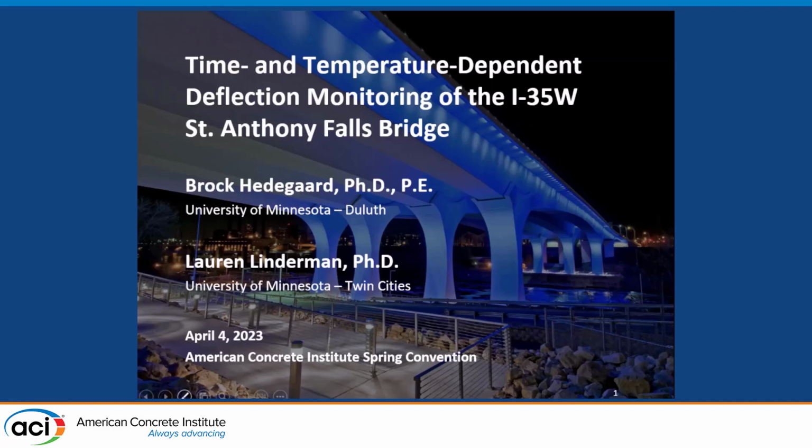I will be presenting on time and temperature-dependent deflection monitoring of the I-35W St. Anthony Falls Bridge. This is the new 35W, or new-ish at this point. It was built in 2008. We'll talk a little bit about its history. This is work in collaboration with Dr. Lauren Linderman from the University of Minnesota Twin Cities, and two students there, Riley Brown and Rebecca McCoy, who helped with